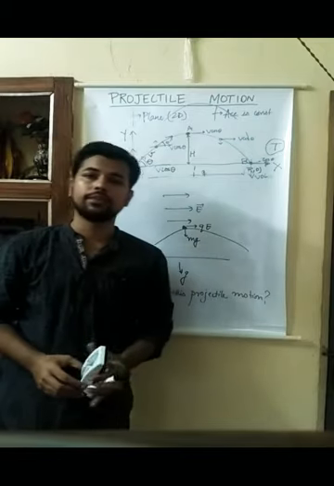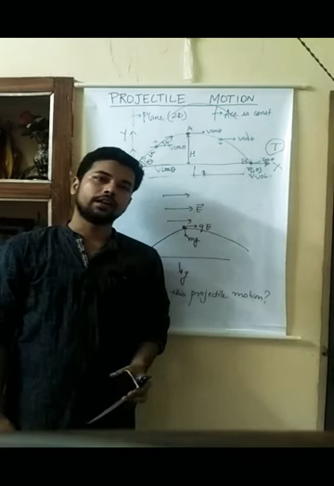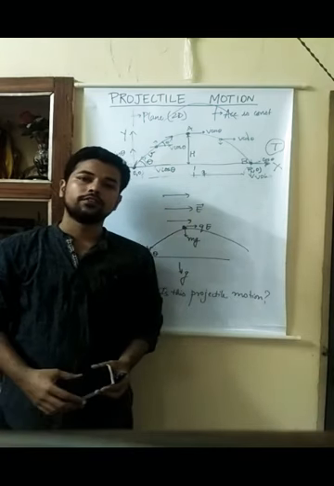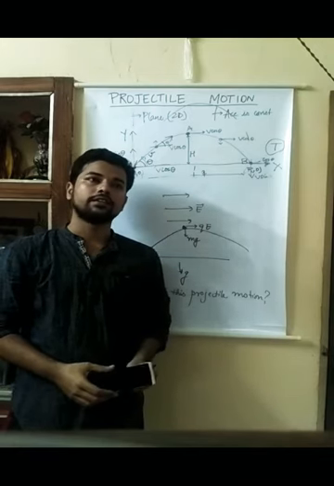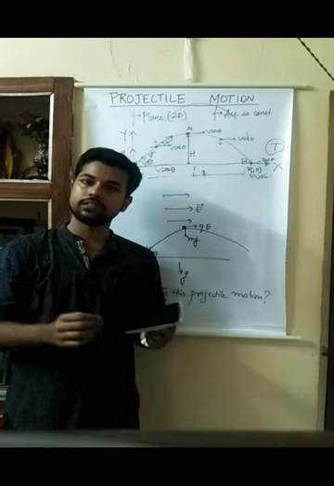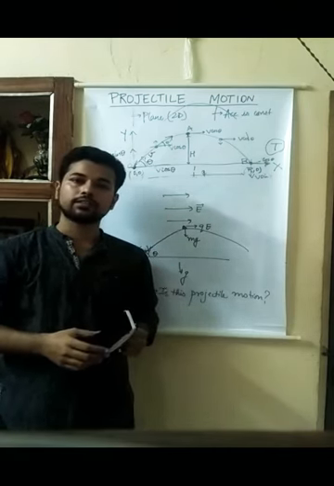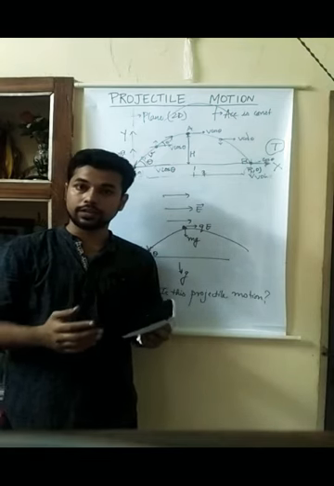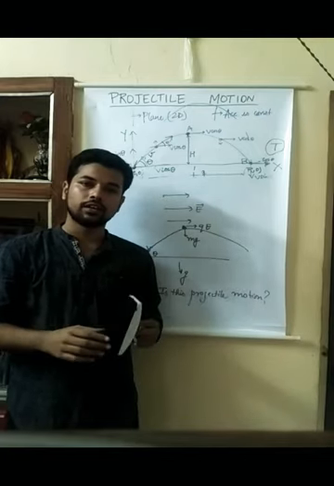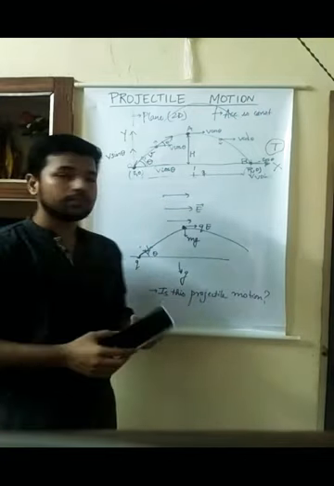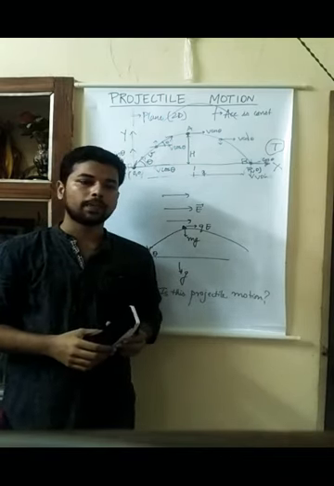So yeah, that's it for today. I'll wrap this up with a simple summary. We started with the basics of projectile motion. We discussed what projectile motion is, where we see it, and we obtained some standard results of time of flight, range, and maximum height using kinematics. We understood that in a 2D motion we can break the velocity into two components, x and y axis, and hence solve it. We also solved a question where we didn't use the formula but our basic kinematic understanding of the problem.